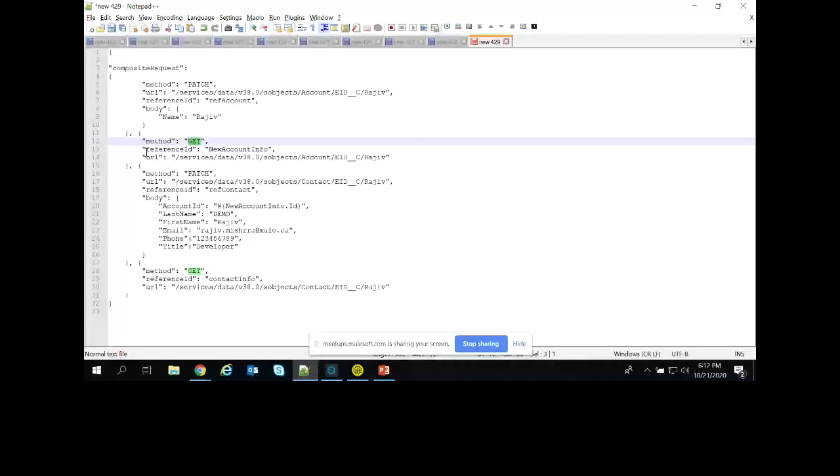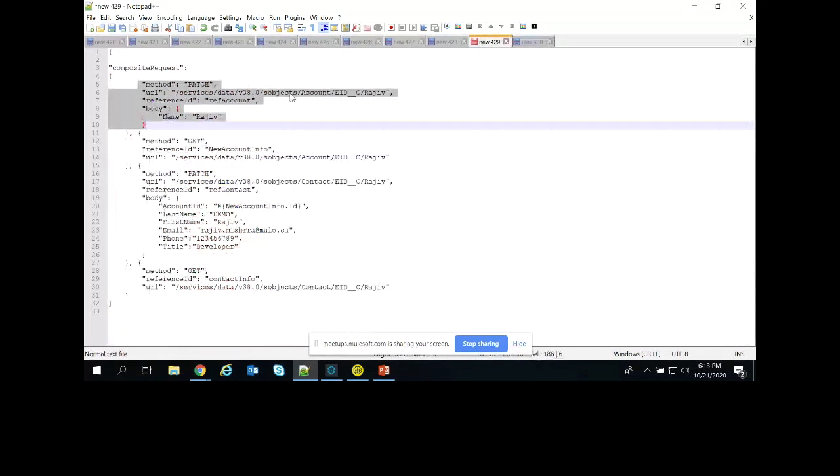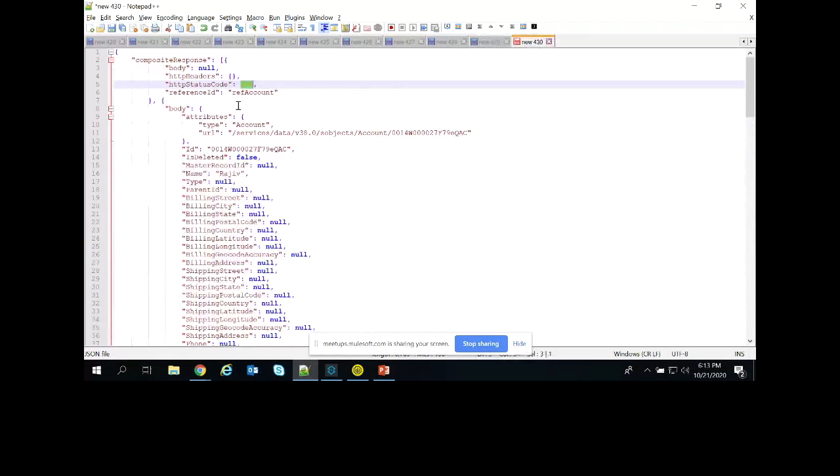If I open the response that I have received, this is the response for the PATCH method that I'm invoking. For this one, I got success as HTTP code 204. The reference ID you can see is ref account, which is the custom response that Salesforce sent for the PATCH method.